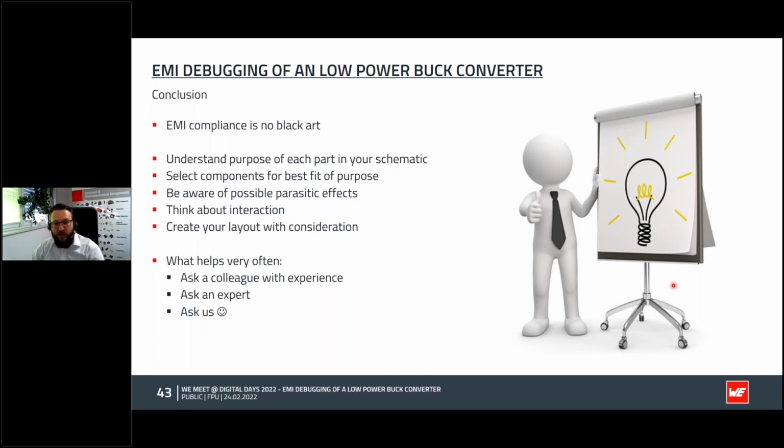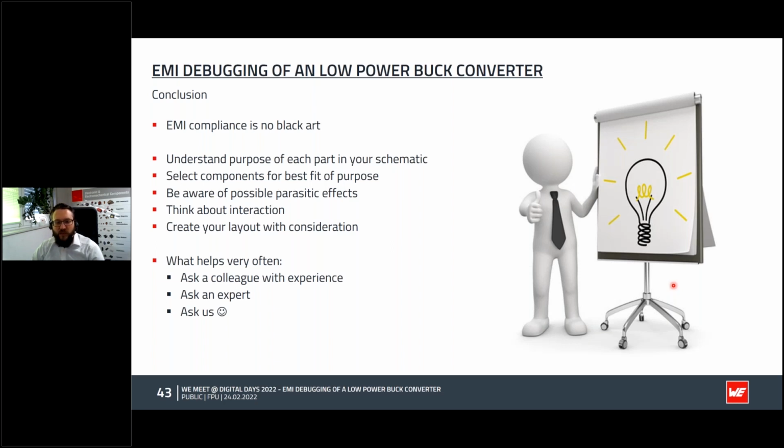Beware of possible parasitic effects. You can simulate, you can have your prototypes, you can also simulate EMI. So please think about the interaction of components and how they behave in your design, and of course create the layout